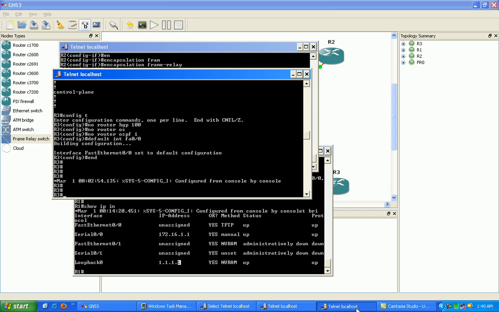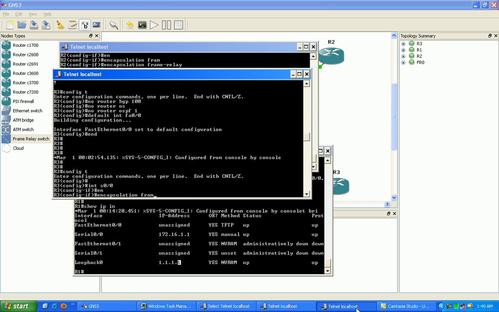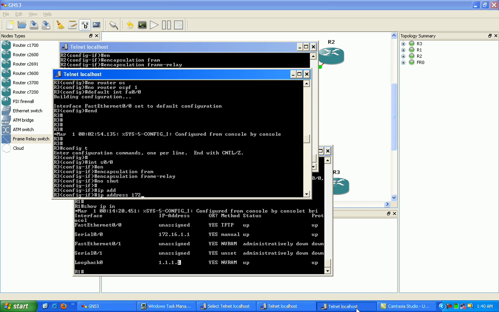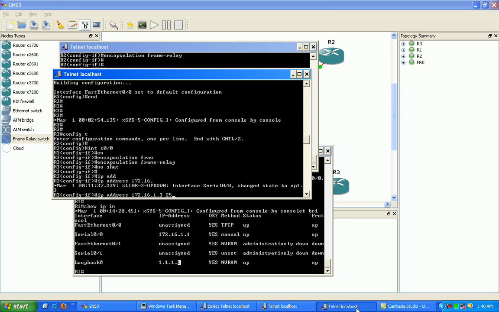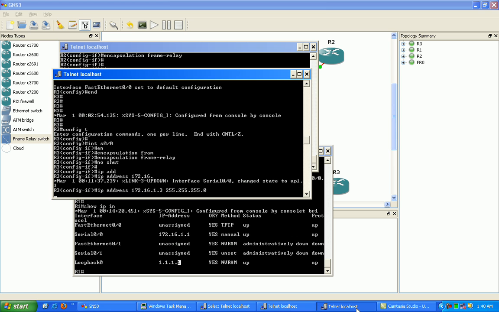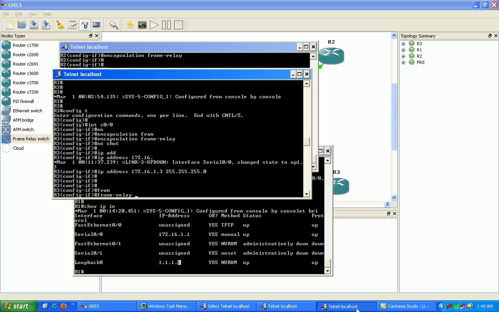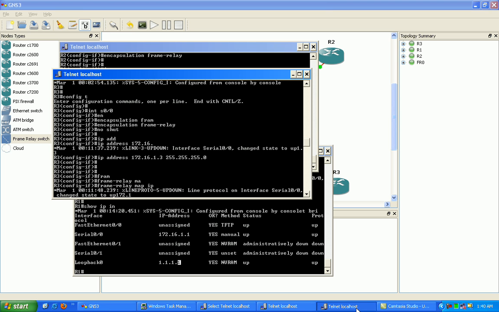Okay, let's go into router 3, get it set up. Frame relay encapsulation, we'll give it the IP address of 1.3 with the /24 subnet mask, and we'll go ahead and do our static frame relay map commands. So we'll do 172